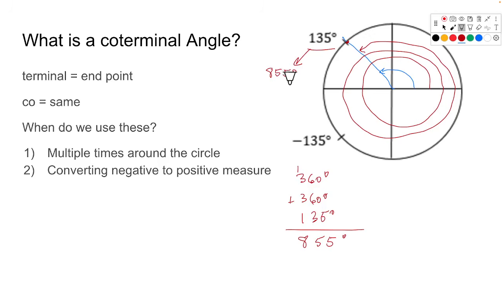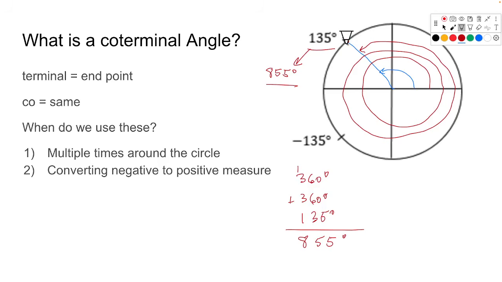But 855 is somehow different because it has wrapped around 2 times around the circle and then the 135. 135 is just, whoop, we went there and we stopped. Okay, and what you're going to see is oftentimes the questions will give you an angle like 855, and